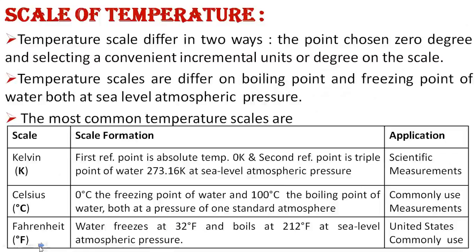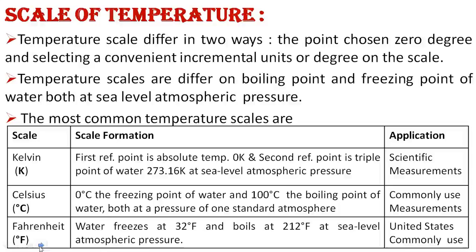The scales may differ in two ways. One is the point chosen as 0 degree, and the other is the convenient incremental unit or degree on the scale. The temperature scales differ on the boiling point and freezing point of water, both at sea level atmospheric pressure. For Kelvin, the first reference point is absolute zero, 0 Kelvin. The second reference point is the triple point of water, 273.16 Kelvin at sea level atmospheric pressure, which is used